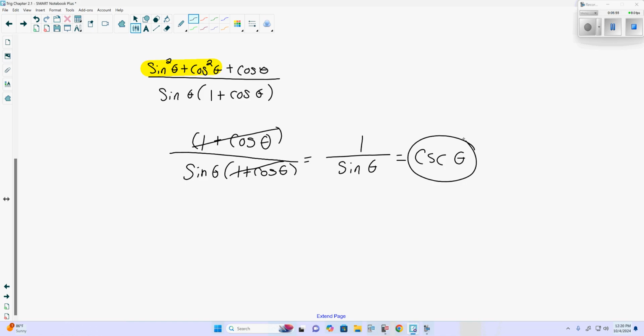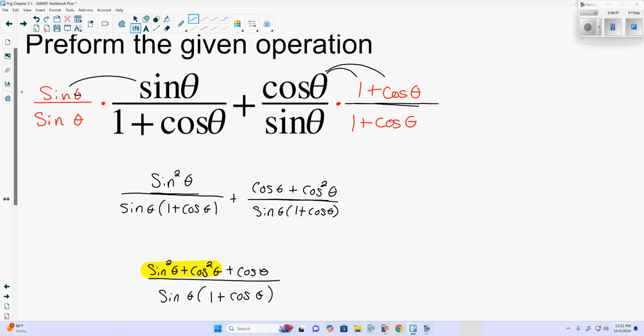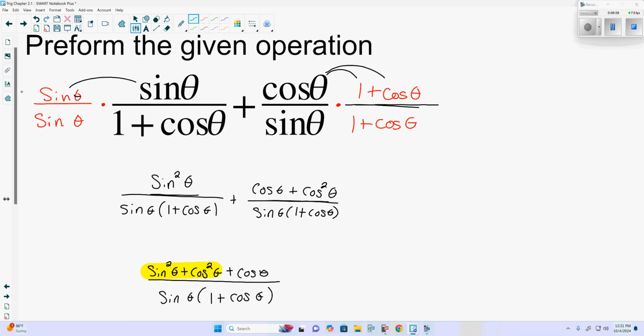It's kind of nice, but also frustrating that that entire original statement is just cosecant. Would you all kind of agree with that? That our starting statement of sine over 1 plus cosine over sine is the same. We'll have the same value as cosecant. It's kind of a little bit weird that it works that way, but